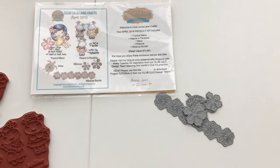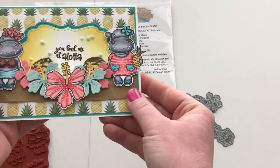So I wanted to share with you also today a couple of projects that I've created with this club kit. I've tried to minimize the dies I've